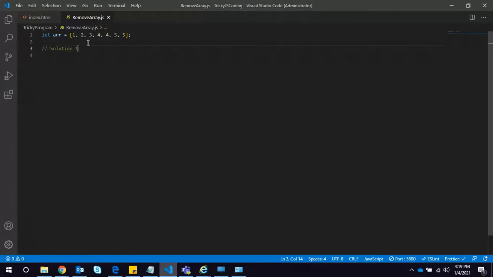As you can see, I have already declared a variable containing duplicate values, like 4 and 5, which are the duplicate values in the array. So let's get started with solution 1. I'm declaring an empty object, and I'm using a for...of loop,